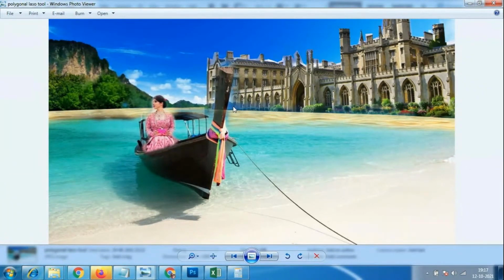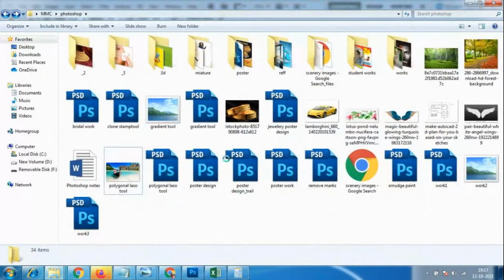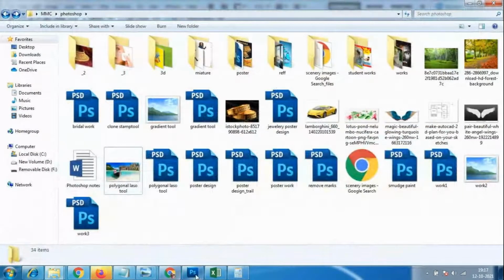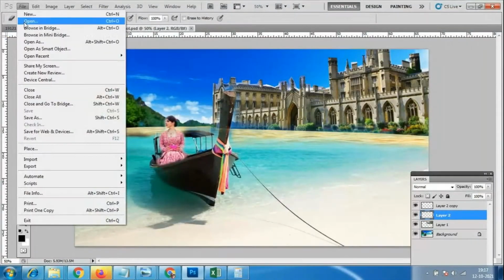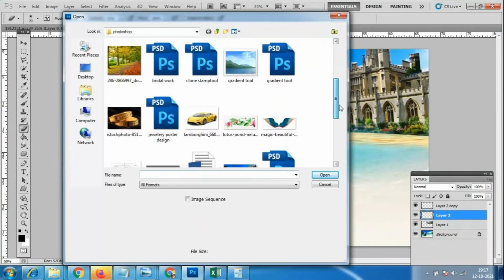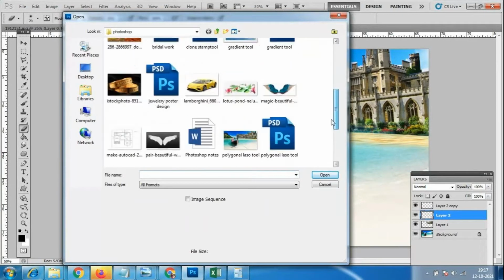Okay, so this is the JPG format. If you want to send it to any of your friends very neatly and clearly, you can make it in this JPG format. The JPG format has very good image quality, so it will maintain the quality. Like that, we can make the complete file as a different file.